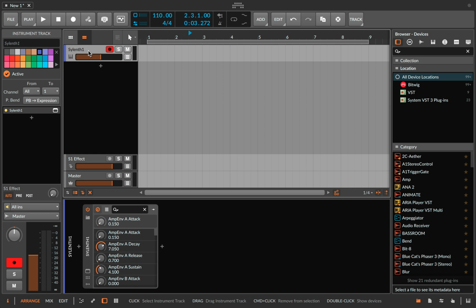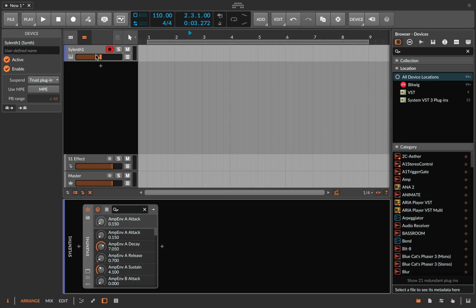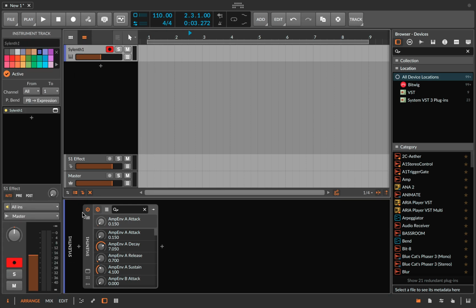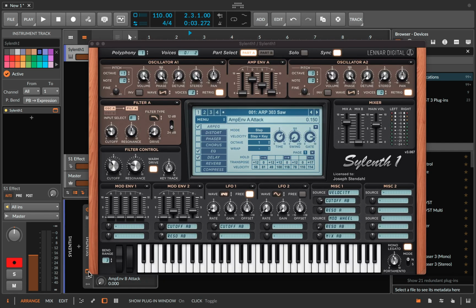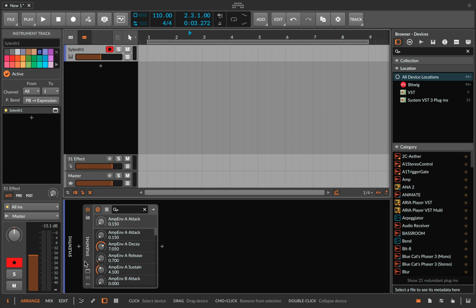All right. So whenever you have created a synthesizer like we have done right here, if you double click it, you will get to the channel. You probably already are, so you can see Sylenth1 down here. And whenever you click this button right here, you bring up your synthesizer. Very important, right? And so you can hear it. So the sound comes. All right. So whenever you have Sylenth1,